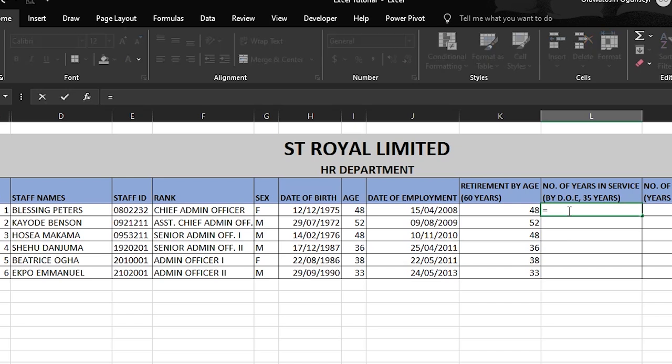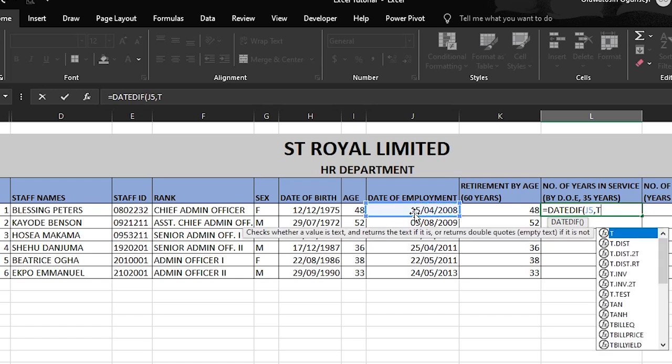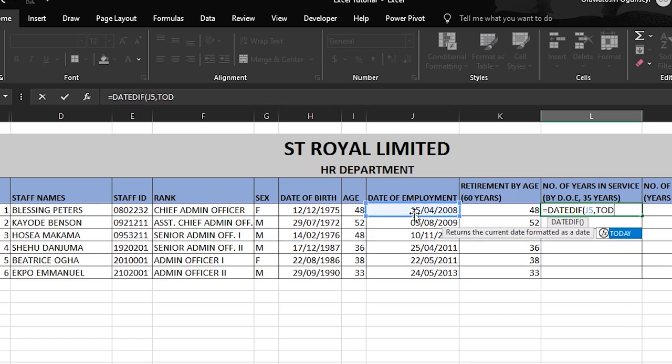You're going to type equals DATEDIF, open bracket, then we select the date. Now we're not making use of date of birth, we're making use of date of employment. That's the date which that particular staff was employed into the organization. So I'm going to select this, comma, then I'm going to use the TODAY function. Press tab on your keyboard to select it, and close the bracket. Next comes a comma, then open quotation, type in y, close quotation,